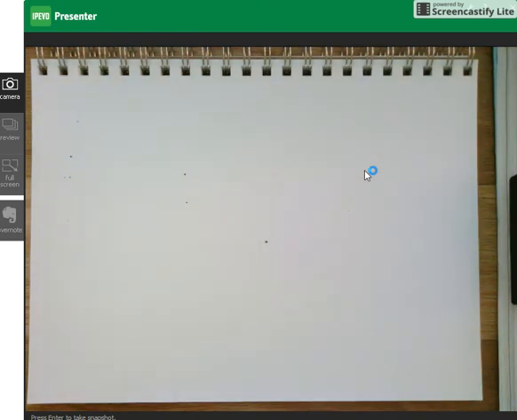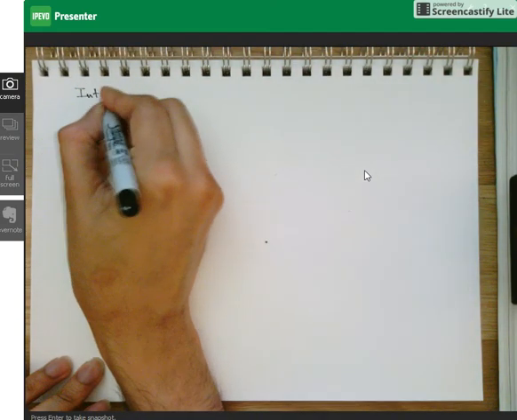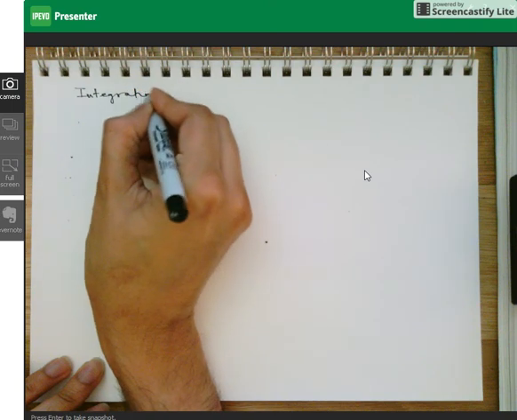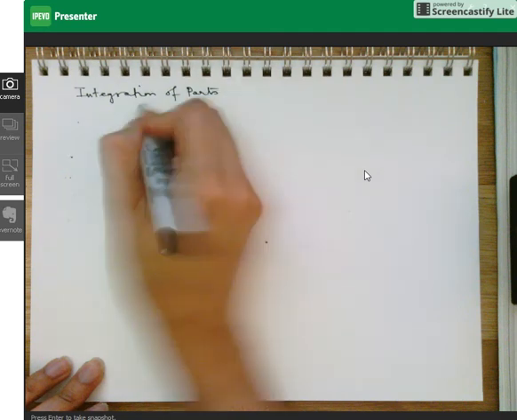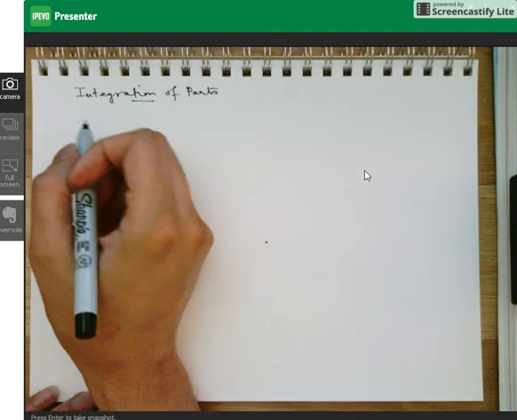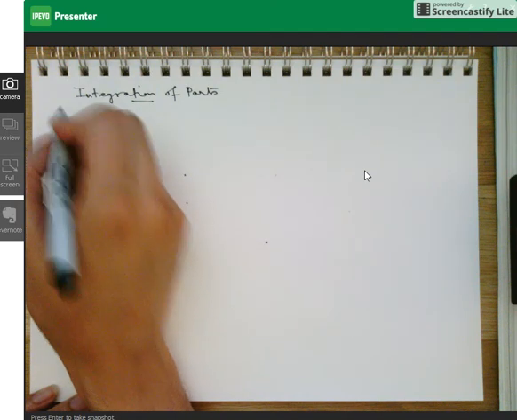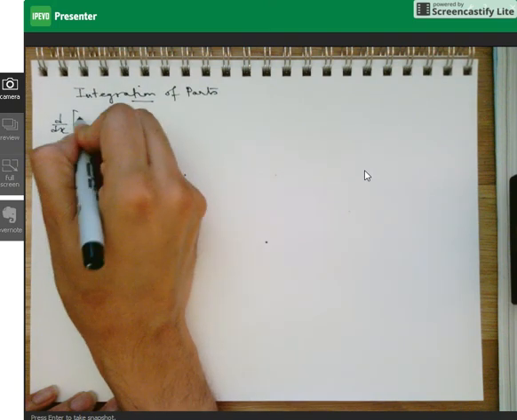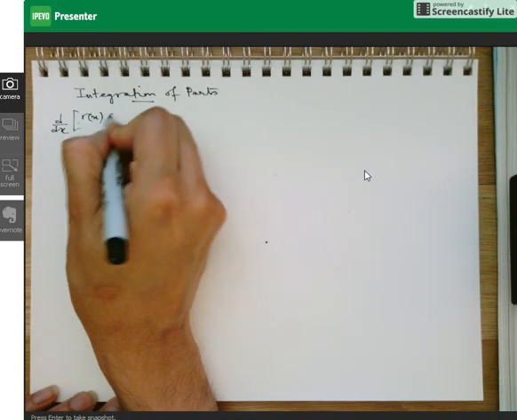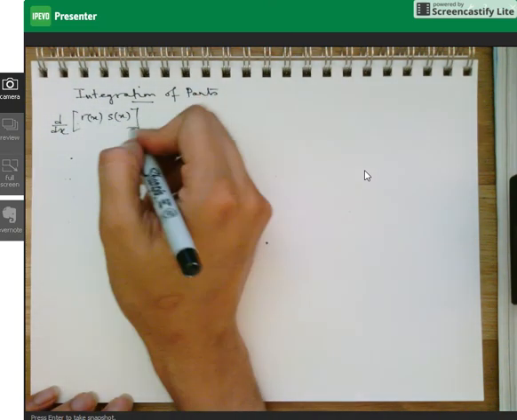Okay guys, so today we are going to talk about integration by parts. We use integration by parts whenever we need to integrate a product of two functions. Before we start integrating, we need to know the product rule of differentiation. So if we want to differentiate the product of two functions, r times s, with respect to x,